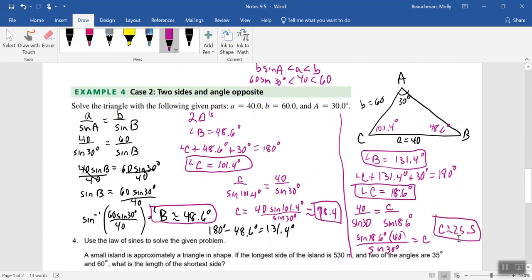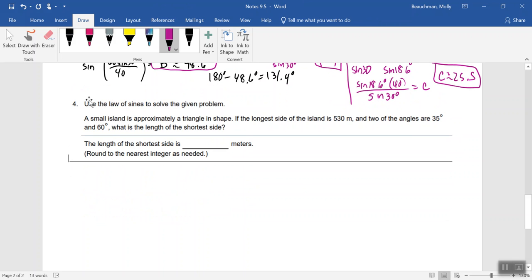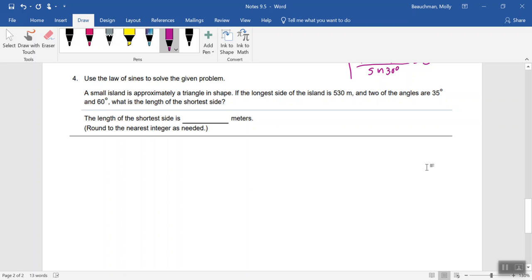All right, we'll take a look at one word problem. This one's from homework. It says, use the law of sines to solve the given problem. A small island is approximately a triangle in shape. So I'm going to draw a triangle in shape. If the longest side of the island is 530 meters, so we'll call this the longest side, and two of the angles are 35 degrees and 60 degrees, 35 degrees and 60 degrees,